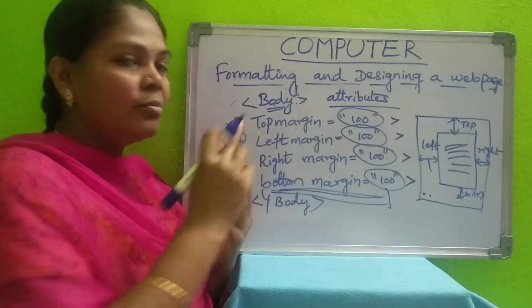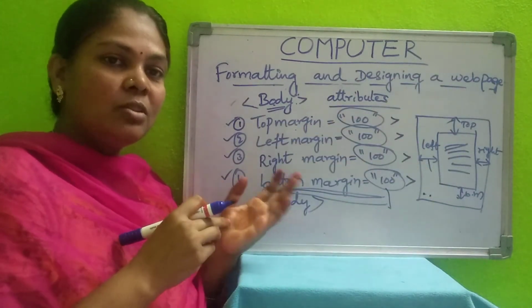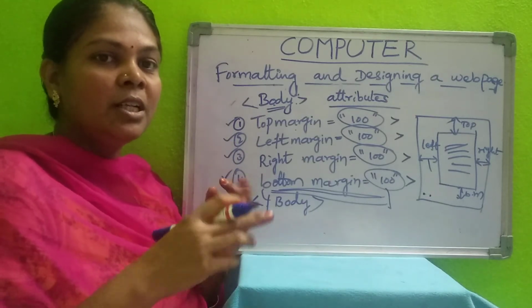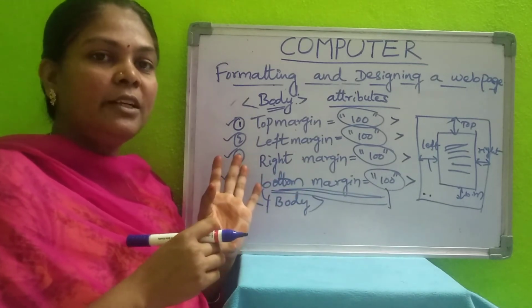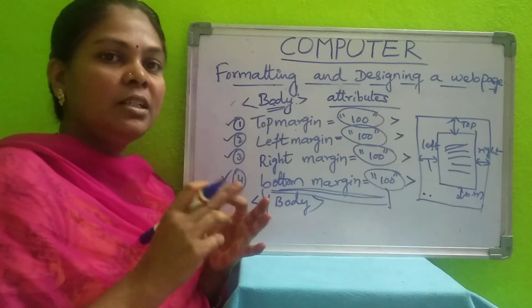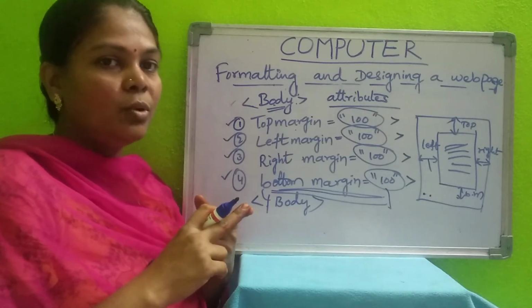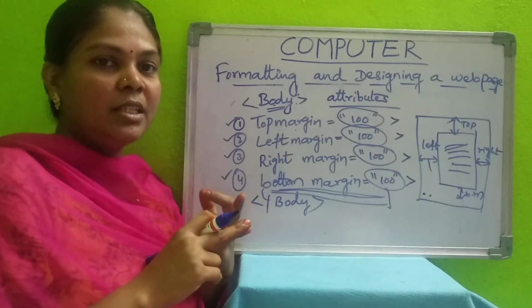So a link is nothing but connecting to another web page. That is called a hyperlink. We will learn that in the 7th lesson, so don't worry about it. Just learn to change the color of that link. Here you have the facility to change the color of link, alink, and vlink. The default link color is blue, the active link color is red, and the visited link color is purple.